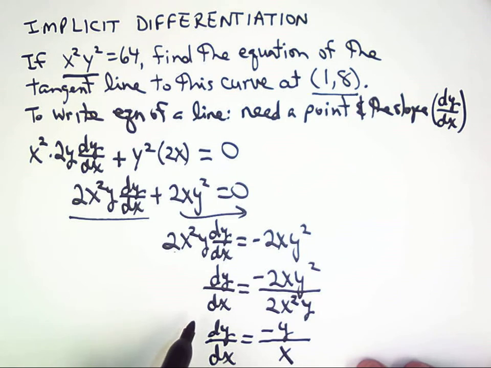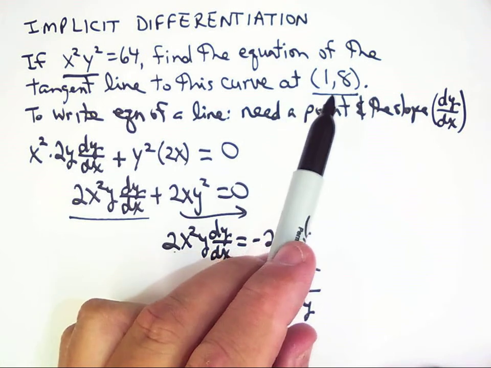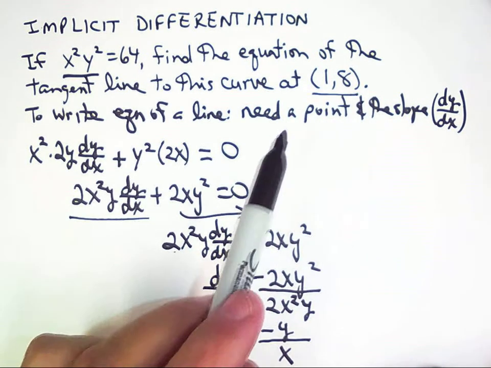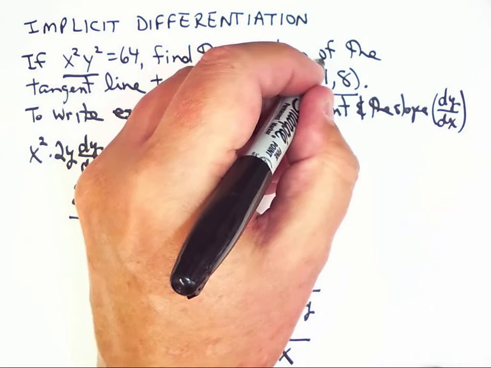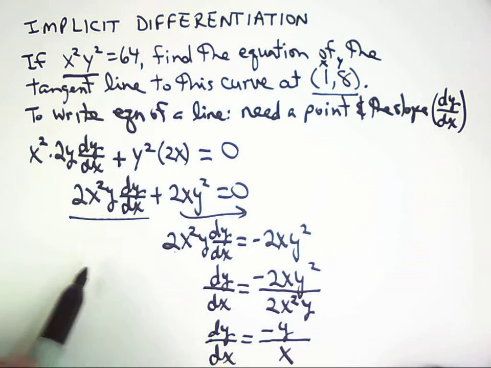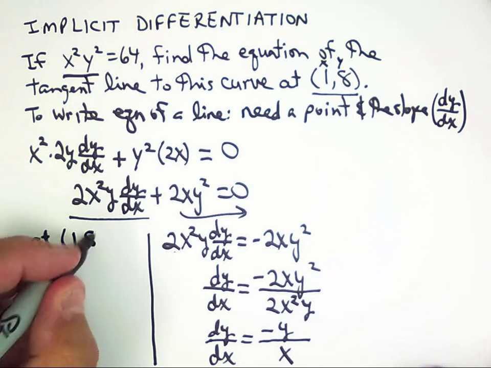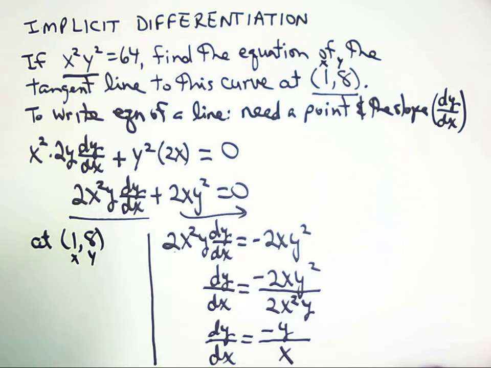Now that's the derivative of y with respect to x, but we want the slope at this point right here. So we have to actually take this value of x, which is 1, and this value of y, which is 8, and plug them in here so we'll be able to solve. So let me move over here. So at the point (1, 8) where x is 1 and y is 8, dy over dx, and I'll